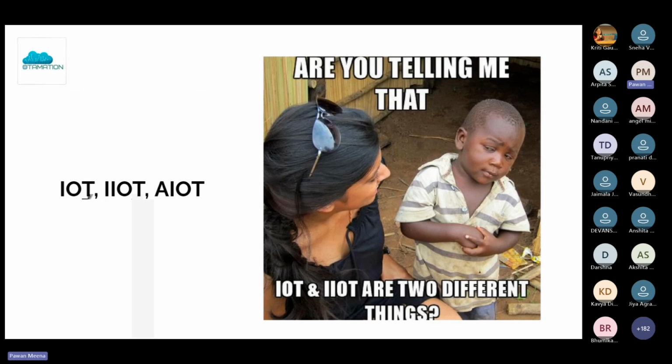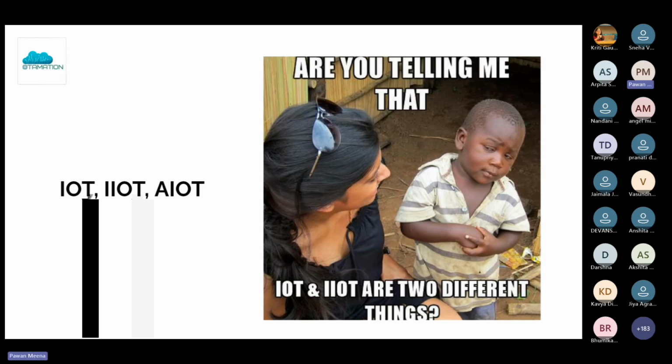So let's discuss the difference between IIoT, AIoT, and IoT. We can say IIoT and AIoT are subdomains of IoT. But what is the difference between these? IIoT means industrial Internet of Things. It is dedicated to automating industrial kinds of things, as we discussed in examples. It is dedicated to industries, manufacturing, and business. That's why we call it industrial IoT.